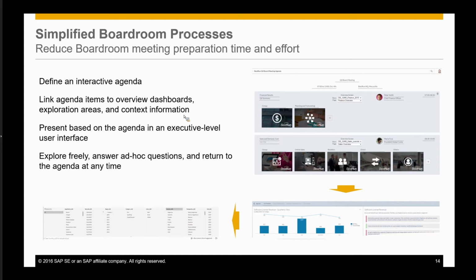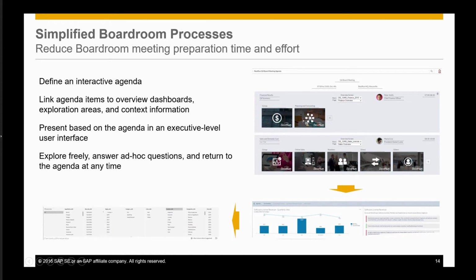Specifically, the way you pull together the content for the boardroom needs to be simple. It needs to be easy to use and help reduce the overall boardroom meeting preparation time and effort. So you will see within our Cloud for Analytics product a feature called the Agenda Builder, and